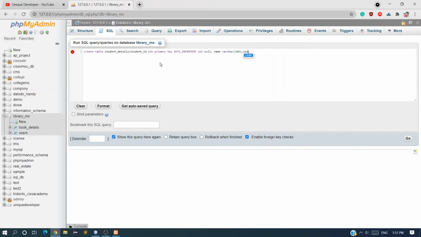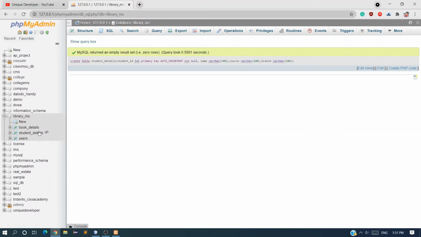Next one is course, varchar 100. Last one is branch, and the type is varchar 100, and just Control Enter. Table created successfully, student details.